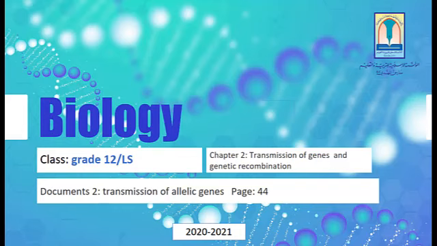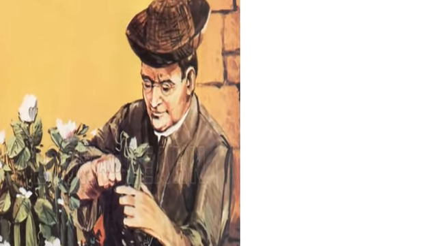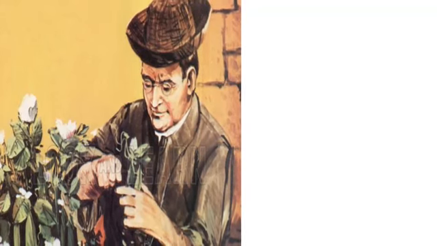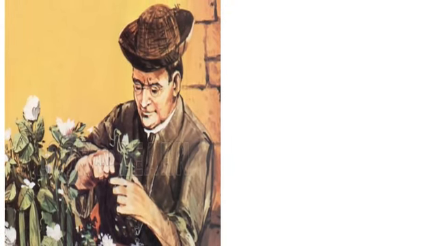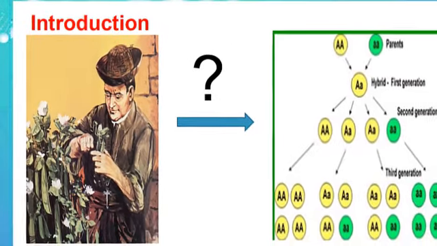Today we are going to continue chapter 2 by explaining document 2, transmission of allelic genes. Back in document 1 you have learned about all crosses described by Mendel as he worked on pea plants to study the transmission of some genetic traits from one generation of peas to another. Mendel's observations and conclusions contributed later to the understanding of the behavior of chromosomes during meiosis, by which alleles are